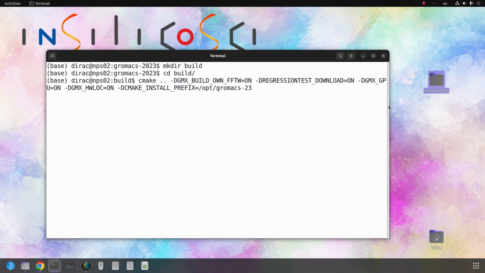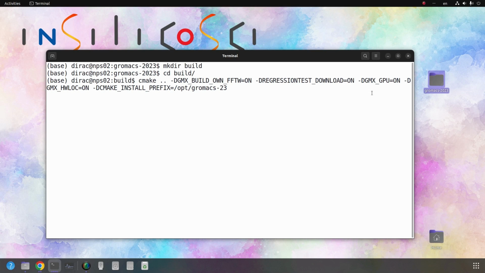Here -DGMX_GPU=on states that you want to make a GPU enabled binary file. -DGMX_HWLOC actually is not necessary, but it makes GROMACS have a better estimate of simulation time. And this CMAKE_INSTALL_PREFIX specifies where GROMACS will be installed.